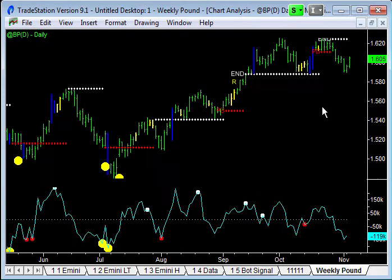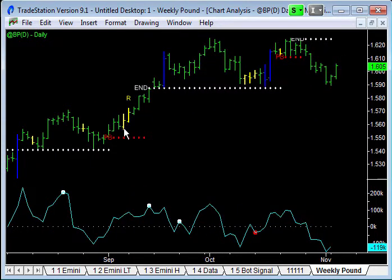For me, the question is what's going on with these blue professional bars. We got this one moving into these highs and then coming back again. We've not had exhaustion buying at this point, so for me that's not a blow-off move where the professionals are taking profits. And when we came back to the bottom of that breakout level, you can see it's held all along through this sequence. And then we had a little bit of a U-turn on this little down day. Again, blue professional bars at the lows of this hold, a bit of a U-turn, we come back up, the professionals are anxious to buy it, we break to new highs at that point,